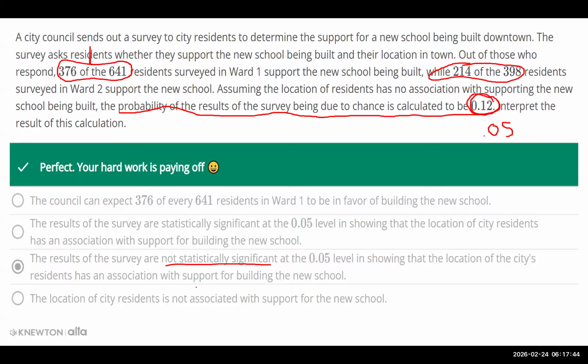Okay, I think that's the only one that uses that phrase. So, for this homework, if they give you results of something occurring due to chance above 5%, then you say it's not statistically significant. If they had given something here that was like 0.04, then you would say it is